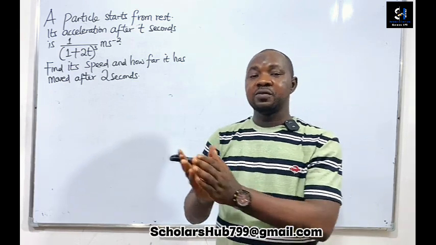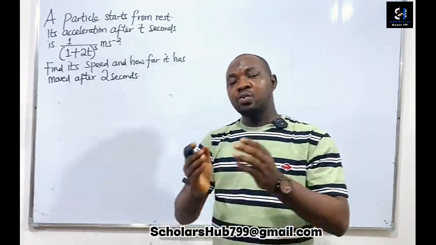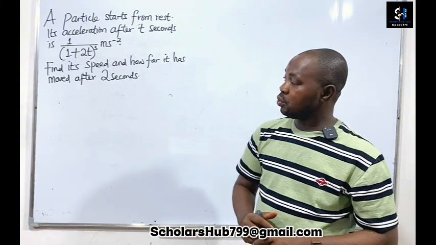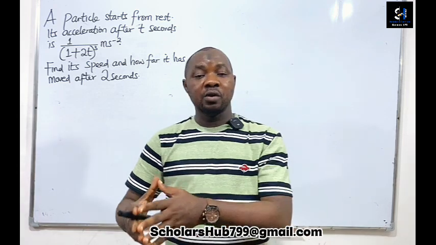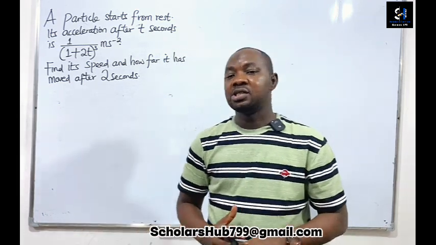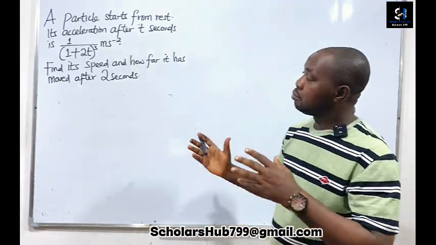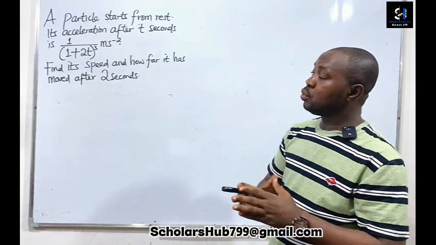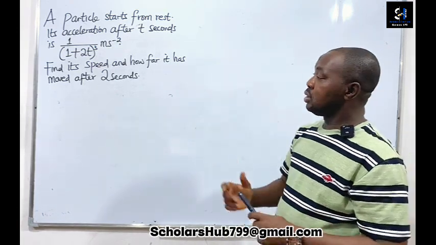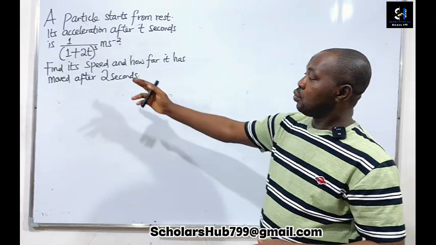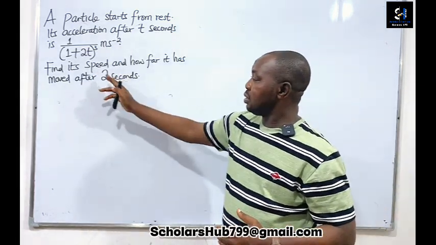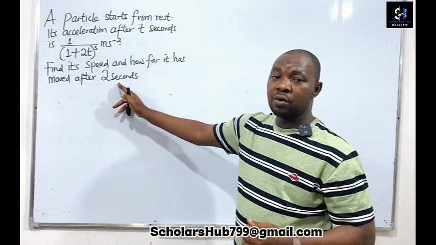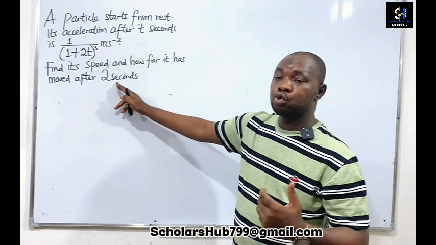That means v(0) = 0 when t = 0. With that, I'll be able to find the value of the constant of integration. Once we know the constant of integration, it will be easier to find the speed by plugging in the value of time when the time is 2